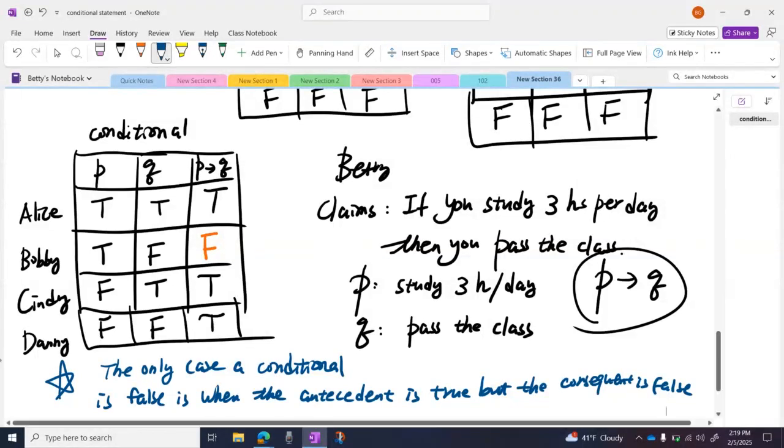Because what I claimed is, logically, my claim is true when the antecedent is met, the